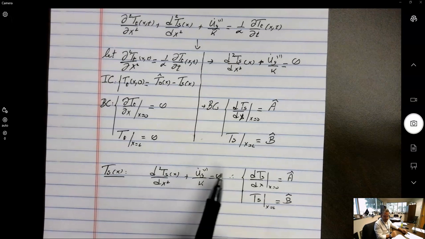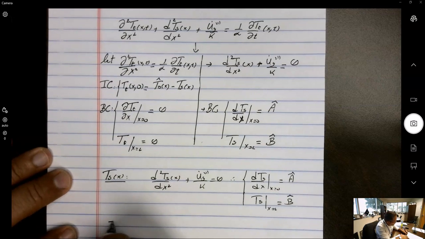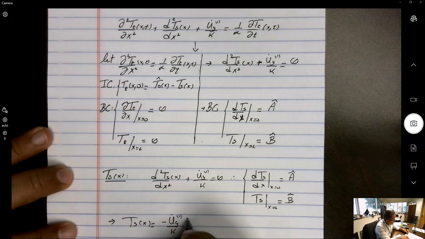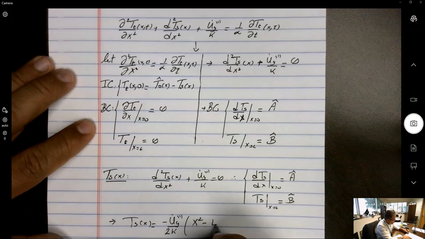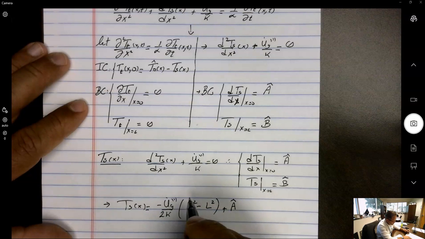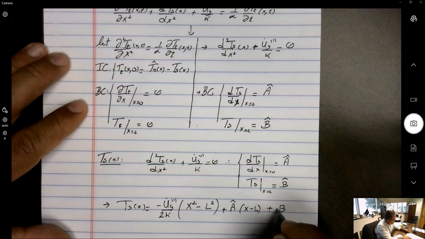So you get a parabolic distribution and then apply these two boundary conditions, and you'll get that Ts of x is equal to minus ug triple prime over k, actually I'm going to put this 2 here, 2k, x squared minus L squared,